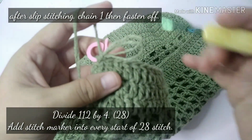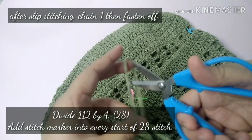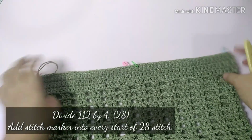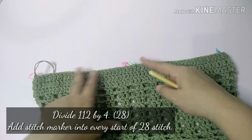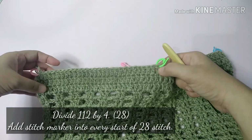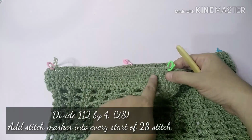Alright, so after this, you may now work chain 1. The next step would be dividing into 4, so we have a total of 112, and then I'm going to start working the strap from here until here. So there should be 28 stitches in here,